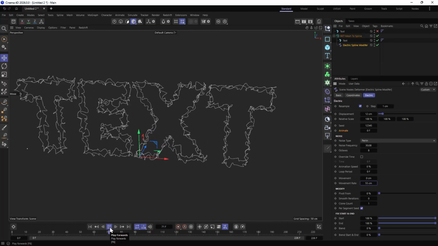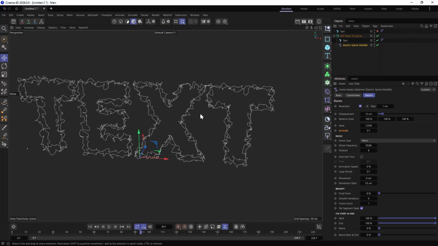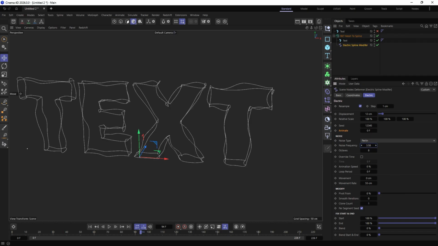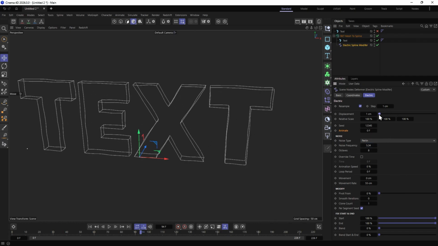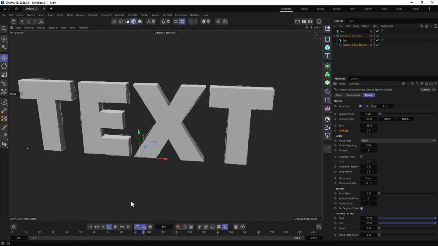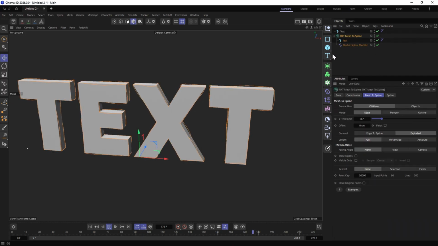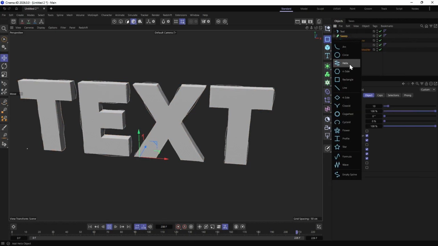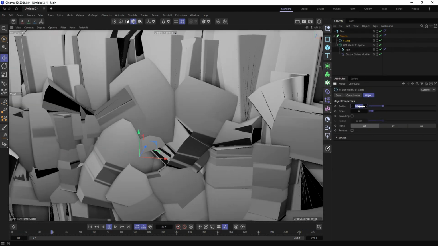But where I really end up using this quite a bit is for sketch and toon like effects on top of other things. Now, Redshift does have some cool non-photorealistic rendering, but doesn't quite have sketch and toon style lines. But if you combine Rocket Lasso's Mesh to Spline along with the electric spline modifier, we can grab this Perlin noise, put a relatively low noise frequency on there, and really pull back on displacement, just a little bit. And now we can bring back this text, and I can hit play, and we get these lines wiggling around. Let's feed this spline into a sweep,